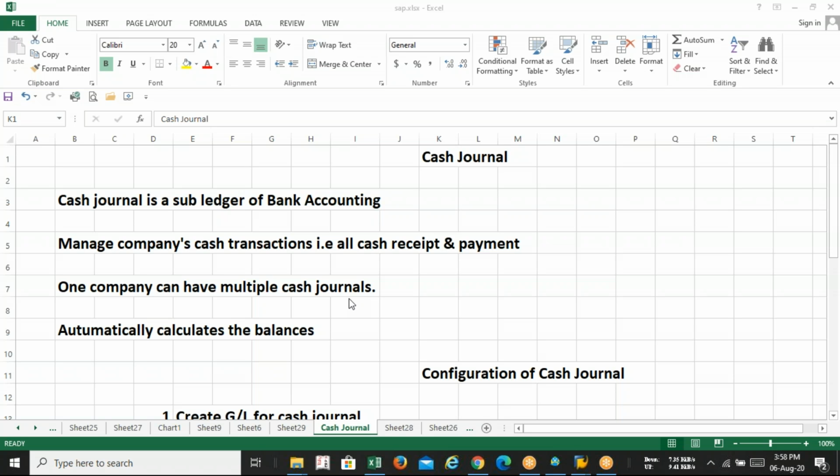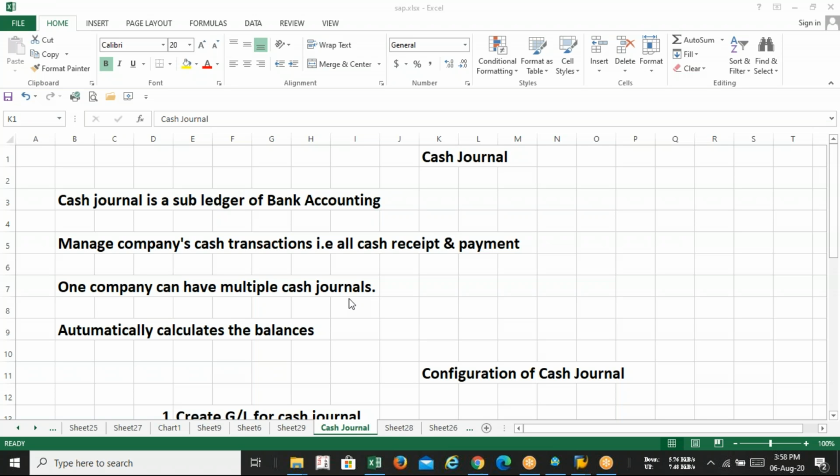As you know, our codes have been subdivided into different submodules. Till now we are doing the accounts payable submodule. This also correlates to accounts payable because we need to pay someone in cash. That's why we are configuring it right now. But the configuration step of the cash journal comes under the bank configuration. Since we have done the house bank and the bank key, we know there is a bank master submodule in SAP. The configuration of the cash journal will come under the same bank master submodule.